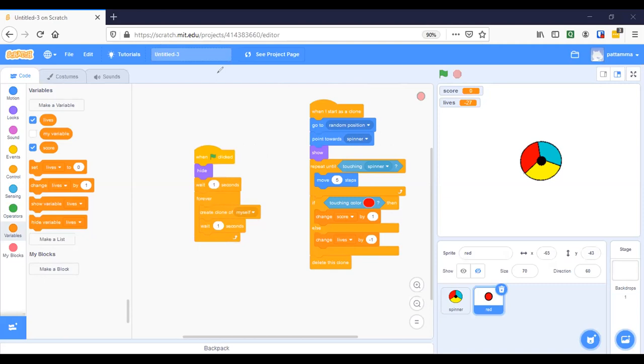Okay, so if every one of you have finished, then create one more sprite of different color. Then we will get a different ball and copy this part of code, right? I know how to do it. It's very easy.